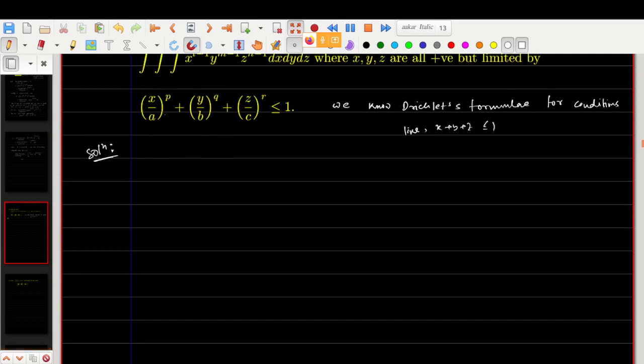So I want to make it u plus v plus w less than or equal to 1. So substitute,